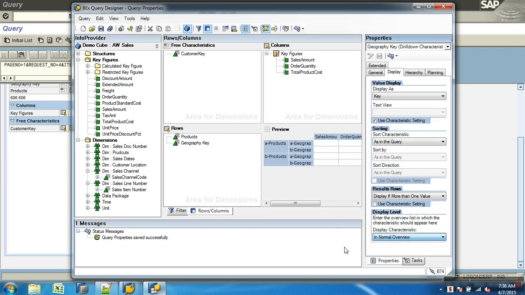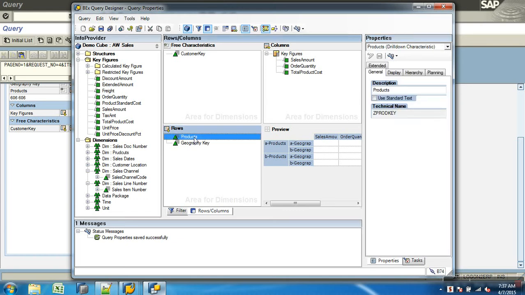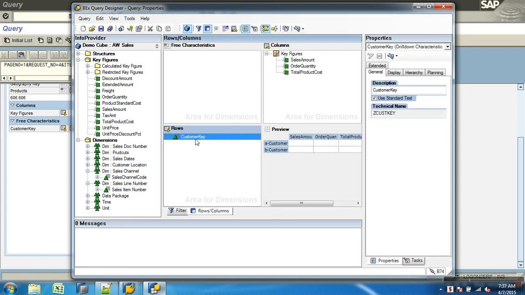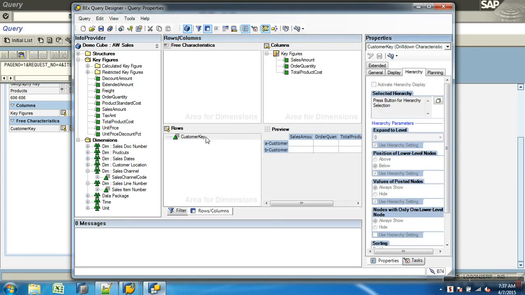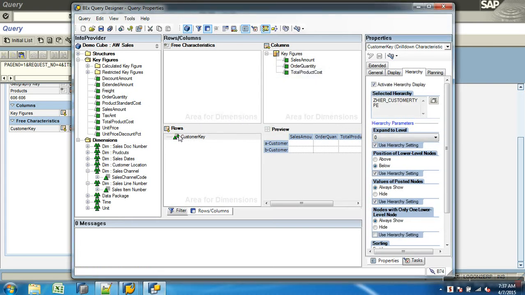Nothing there. Next, hierarchy. How do you show hierarchies in the reporting? Remember we created hierarchies on customer. Select customer. Now you go to hierarchy tab, you can choose hierarchy what you want to be displayed. Can we have multiple hierarchies built on the customer? Yeah. So I'll say hierarchy with customer type. So now when you enable hierarchy, you get the tree like structure icon here.